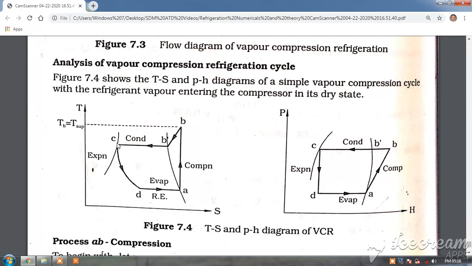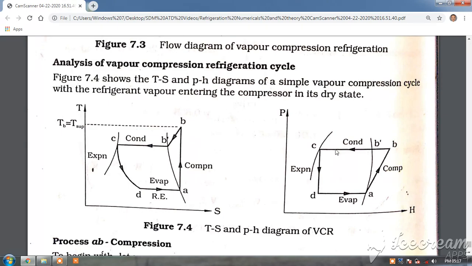It is cooled in the condenser. It comes to C. It is a saturated liquid. Saturated liquid here, and again it comes to D. Pressure is reduced. Here you can see the pressure enthalpy diagram. Only two pressures are there. This is the evaporator pressure at the bottom, and at the top is the condenser pressure. Temperatures also two. One is the evaporator temperature, the top one is the condenser temperature. So at the evaporator, it is a saturated vapor, compressed isentropically to B, that is superheated, then cooled.